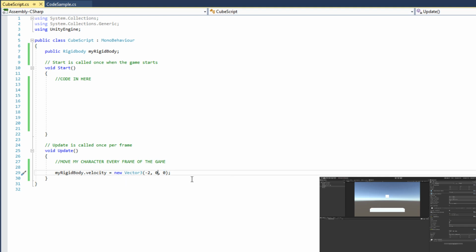So what if we were to say, okay, go left and right, but whatever you were doing going up and down, just keep doing that. And we kind of already know how to do that because we were printing out that data to the console beforehand, right? We were saying my rigid body, then that period, and then the velocity. And now I've got another period and I'm saying y. What's that refer to? Out of the many pieces of what the heck is going on here, let's talk about why I would put y in this place,